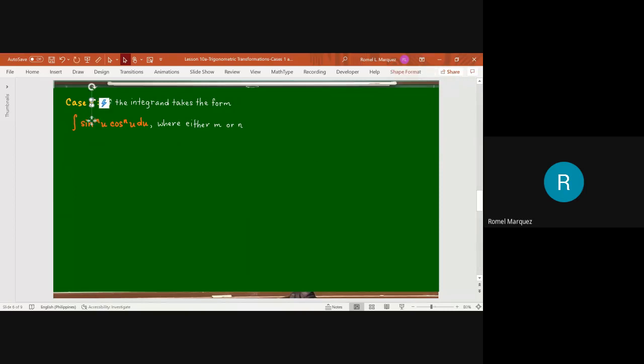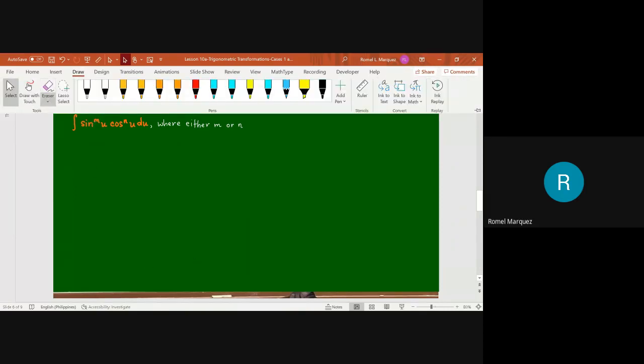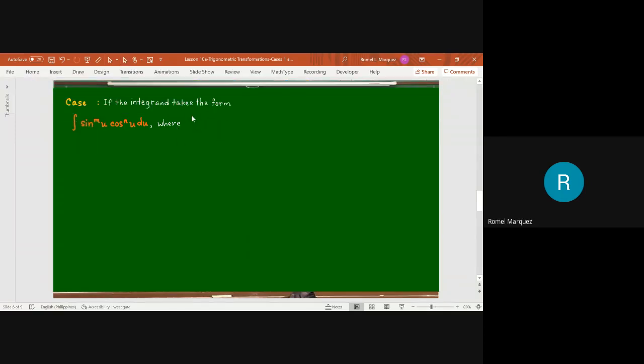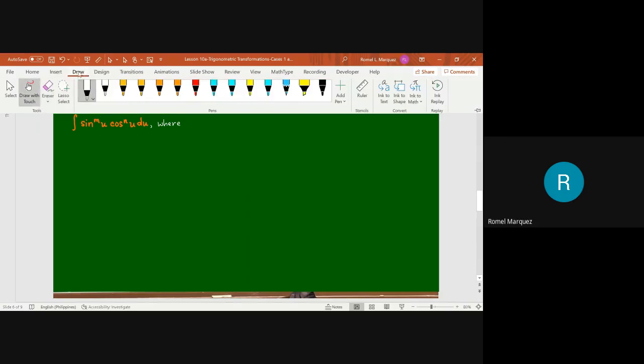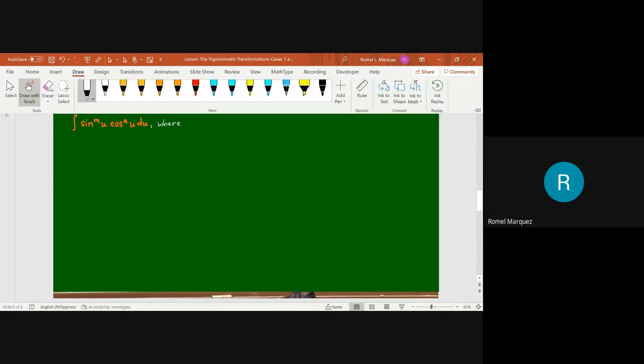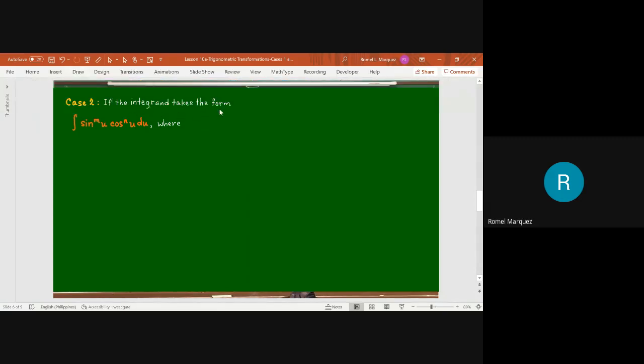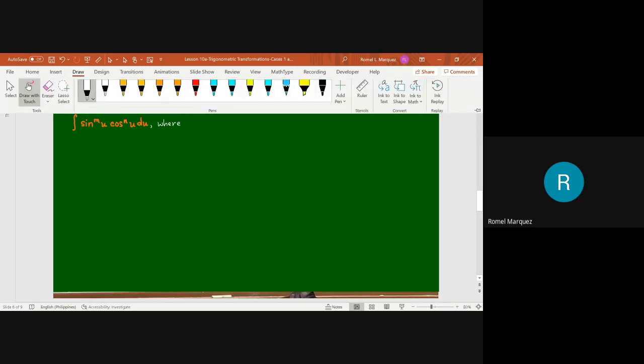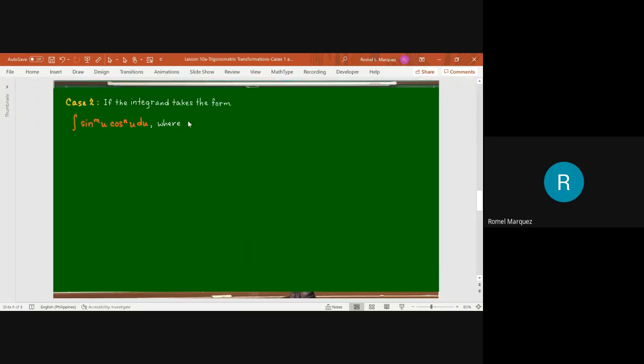Here, I'm going to make it case 2. And then erase this part. So again, for case 2, if the integrand takes the form integral of sine to the mu cosine to the nu du, it's still the same form as case 1 except for the condition where both